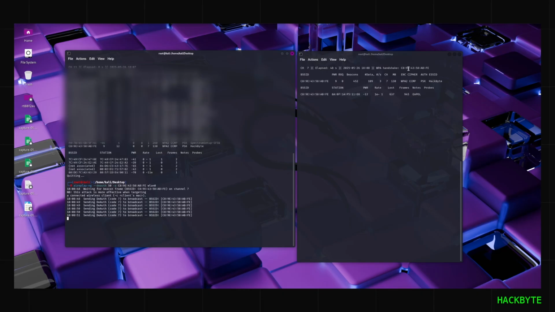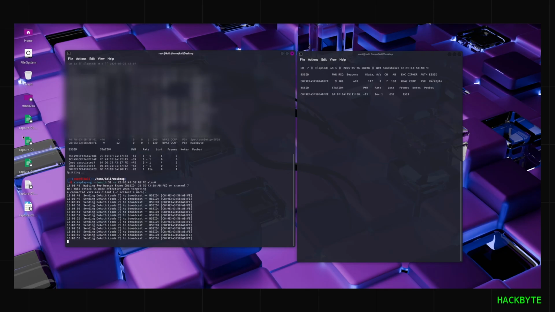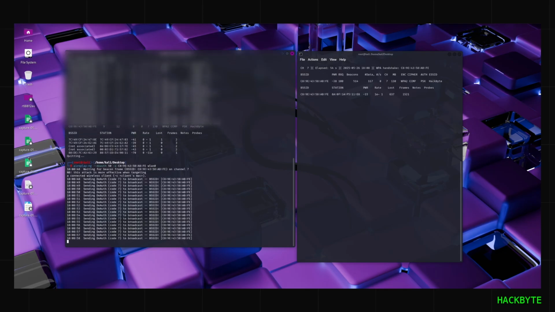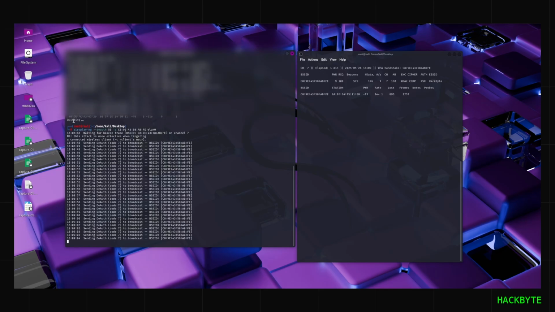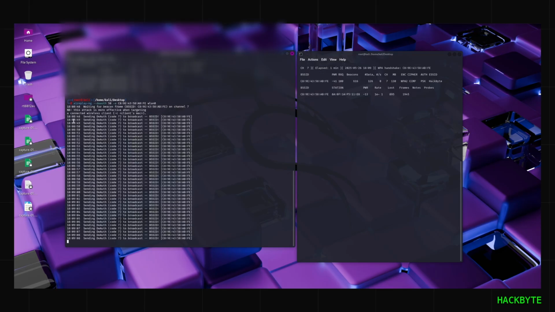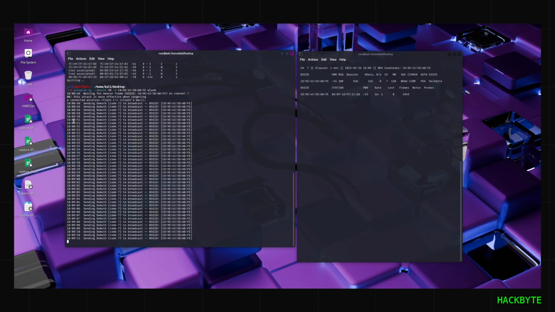Now, once our deauth attack is done, we have it set to 50 instead of 100, so it'll send about 50 deauth attacks instead of 100, and we see on the left-hand side that we already have our capture packets. We're going to wait for this to finish, and while this is going, I am reconnecting a device to the network to input my password because it kicked me off of the network since we are deauthorizing the network here. Once this is done, we are going to continue with the fun part, and that's cracking the password. We're going to run